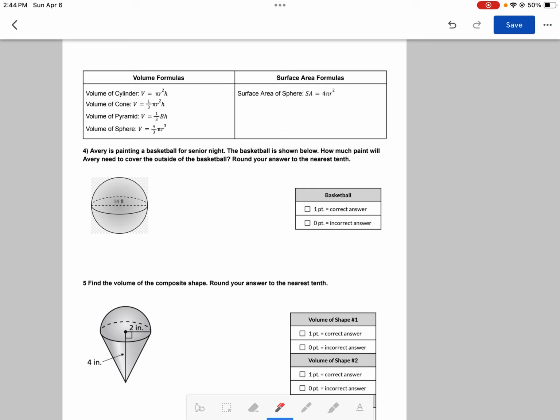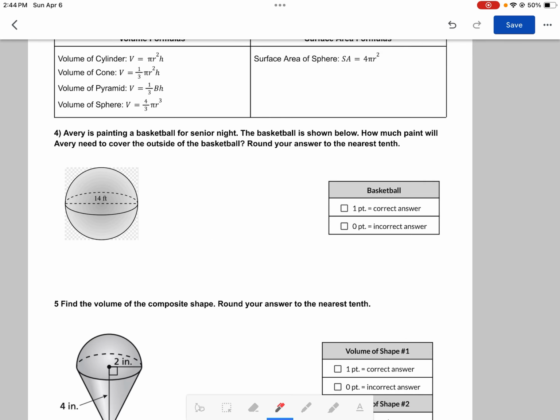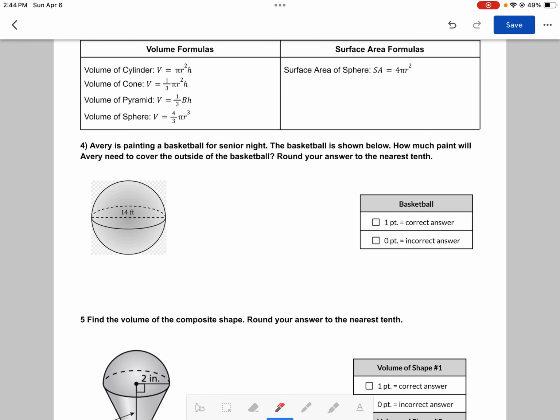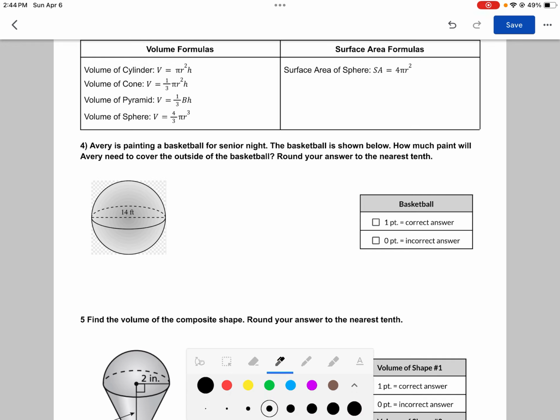Flipping over to our last section here, volume. It says Avery is painting a basketball for senior night. The basketball is shown below. How much paint